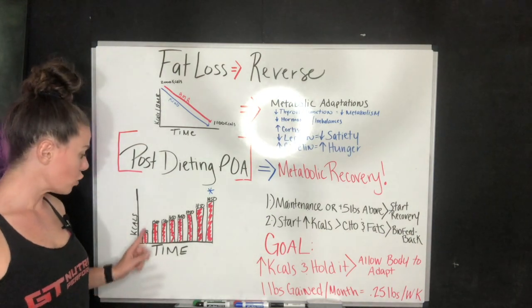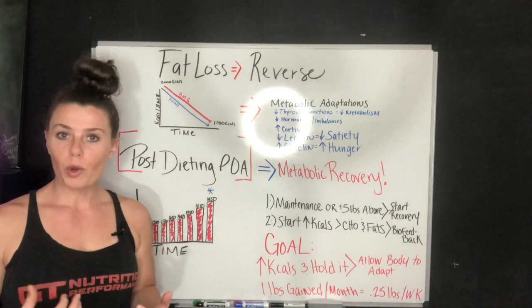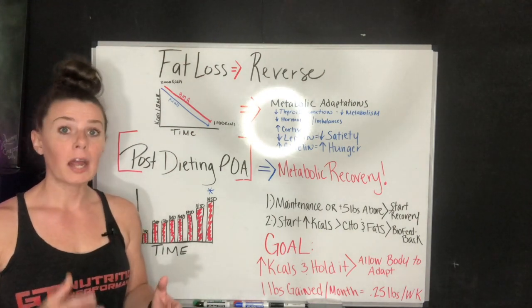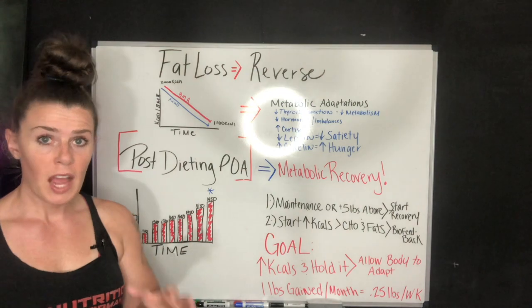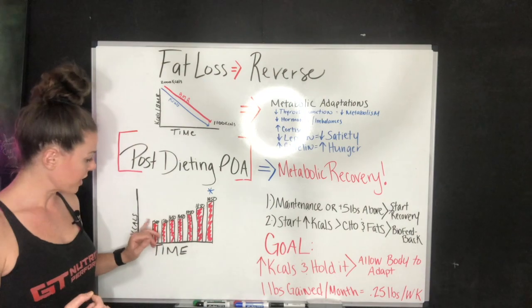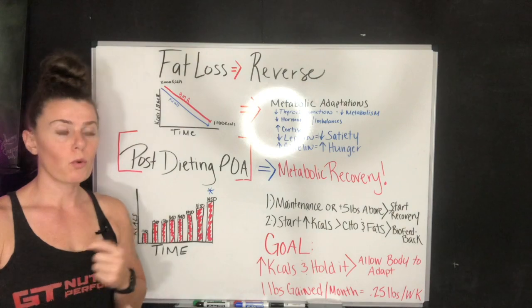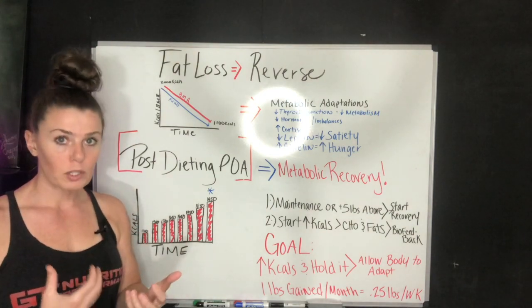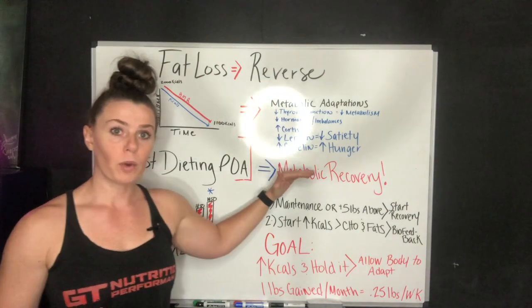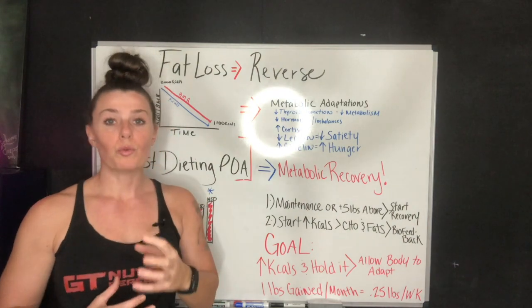Then they decided to put themselves in maintenance and just hold in maintenance. If you don't know where your maintenance is, what I would recommend you do is just increase calories by 400 to 500 calories and just hold there. So they increased their calories to 1,500 calories and they were just holding there to get the recovery process started before starting to increase their calories, because they wanted to make sure that recovery to all of the things that may have downregulated or metabolically adapted are starting to recover.